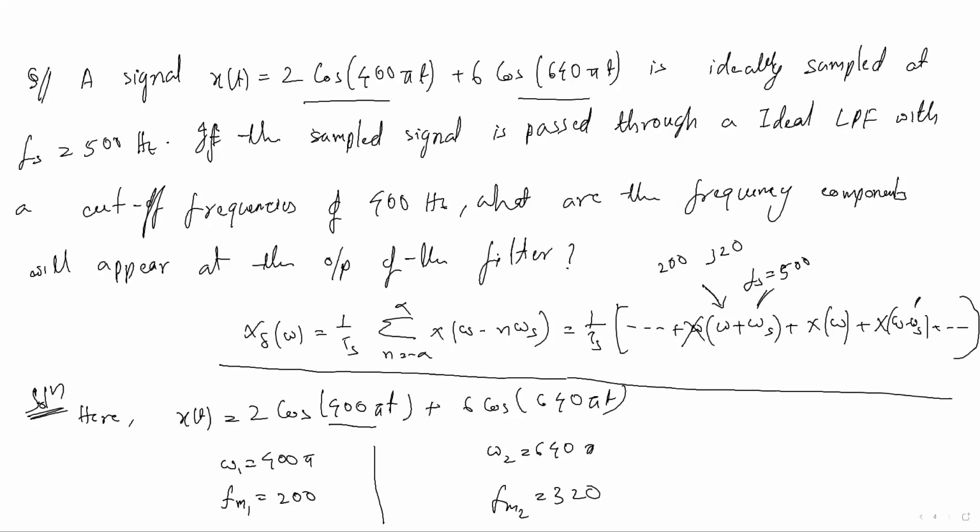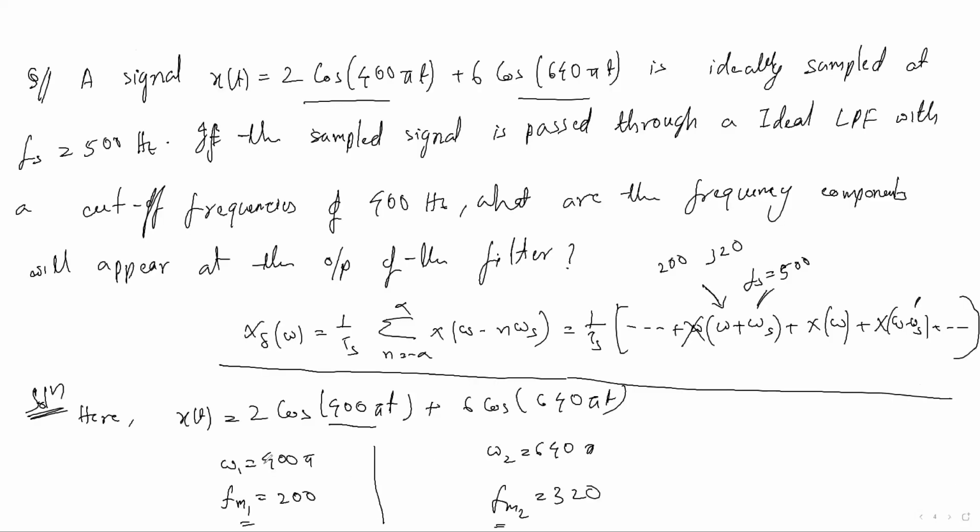These two frequencies are required to find the frequency components present in the signal. After that, can I proceed to the next page? Sir, please show the previous one. So this you should know. This is the given signal. In this signal we have to find what is M1 and what is M2. Then only can we find the frequency components present in the sampled signal.